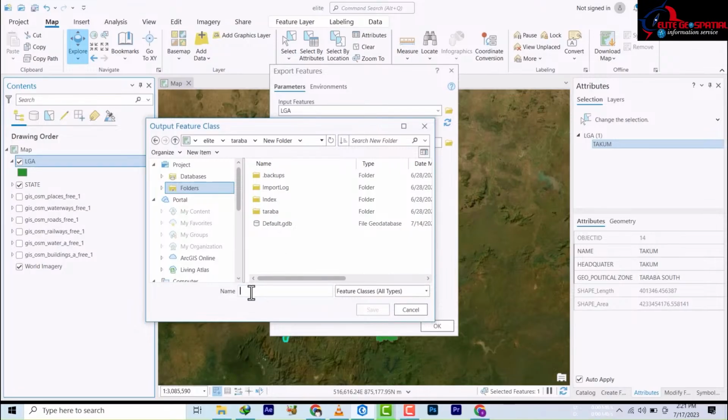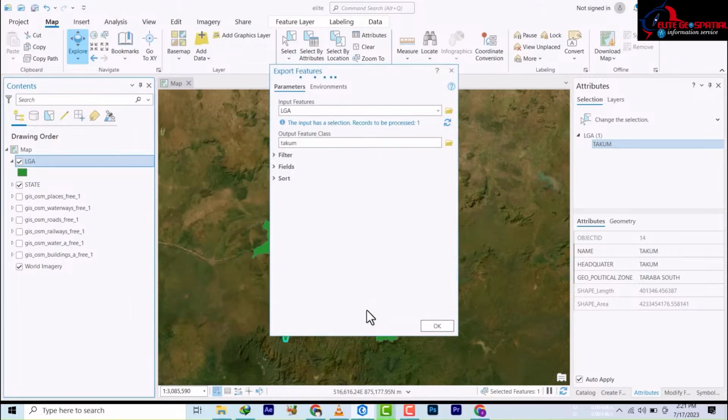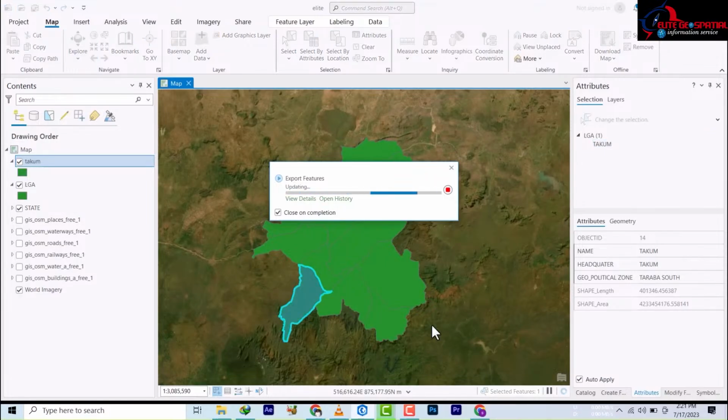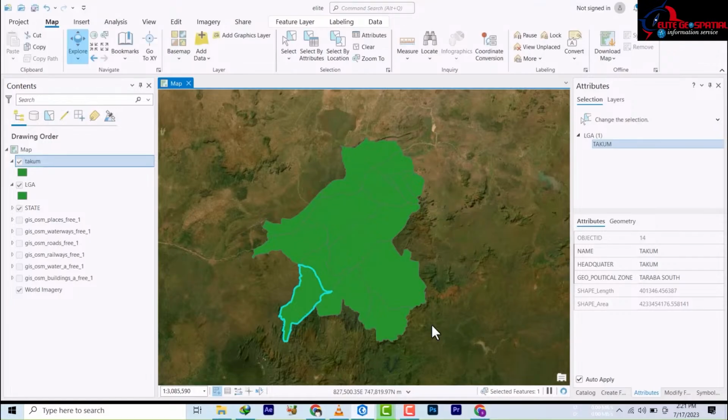But I want it to be in shapefile, so I'm just going to name it Takum. After naming it, I'm going to hit the save button, and then it has accepted it. So I'm going to hit OK, then allow it to export the feature. So if we close down this